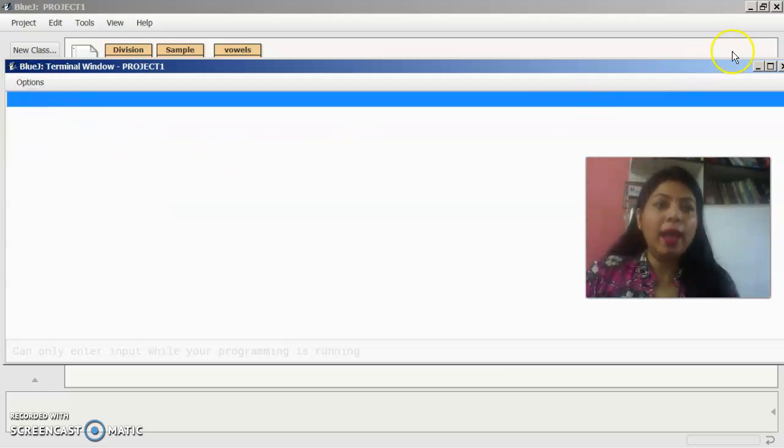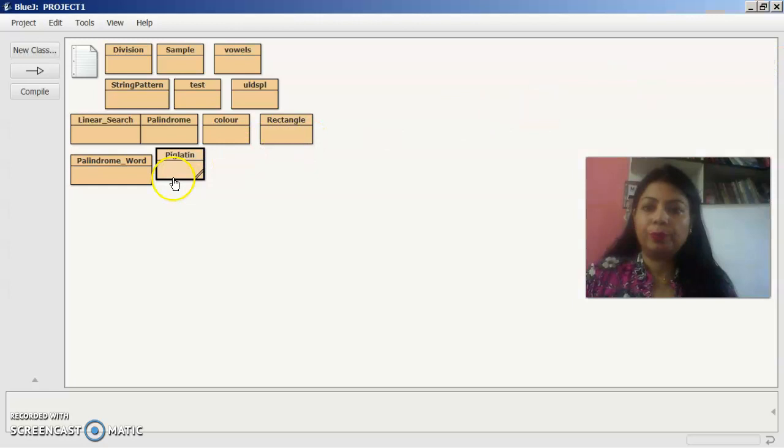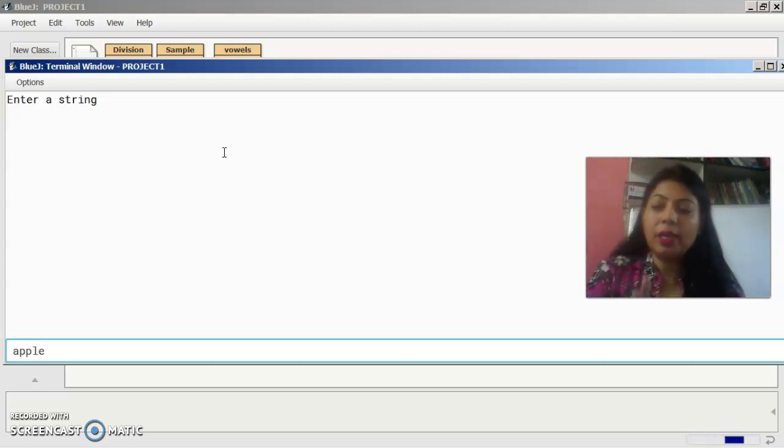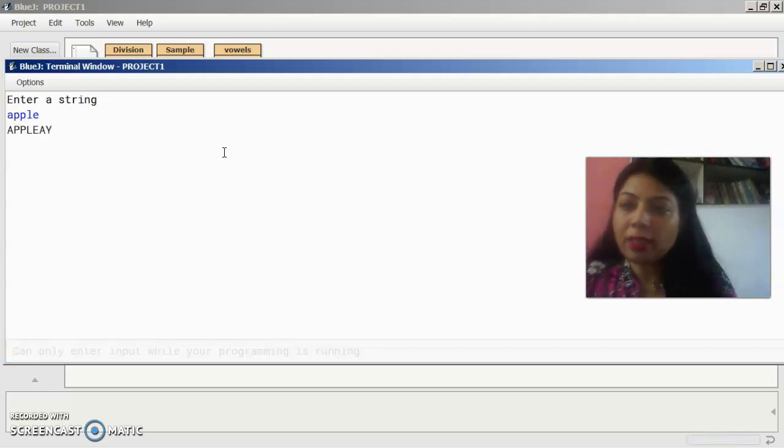Let's check with another output. Go for void main, and again I write another one. Suppose apple. In apple, A is the only vowel, so let's see. APPLEAY.